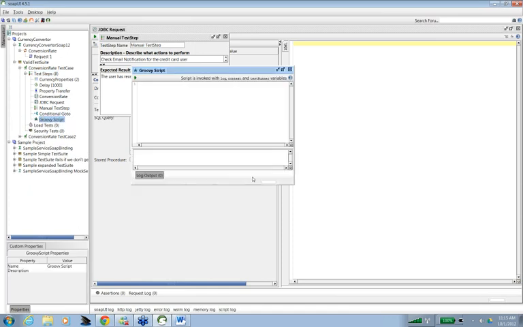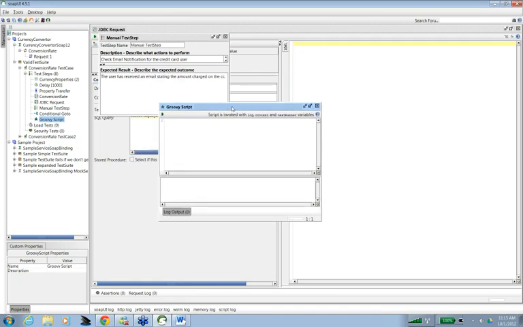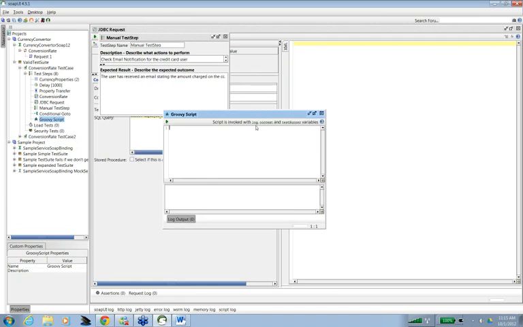Then we have Groovy script, as I told you. So this is here, and you would be writing Groovy code. Since you are not aware of Java, I won't be writing anything here. But you can see here, you can create a log, context, or test runner variable. So you can write some kind of code here, right? So def is used to define a variable. There is a message context variable also.